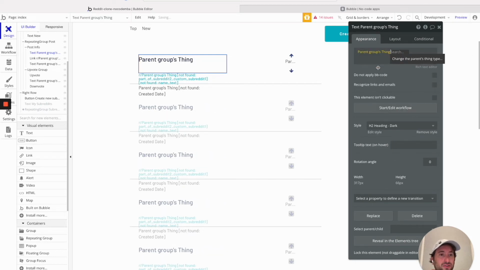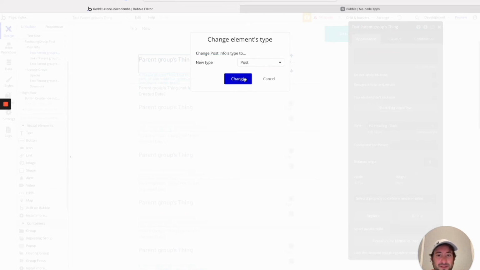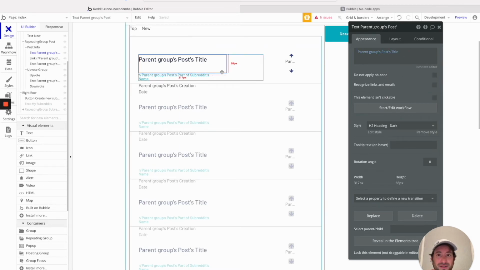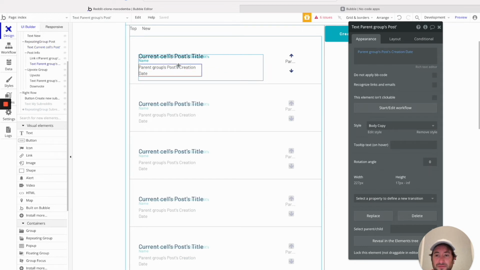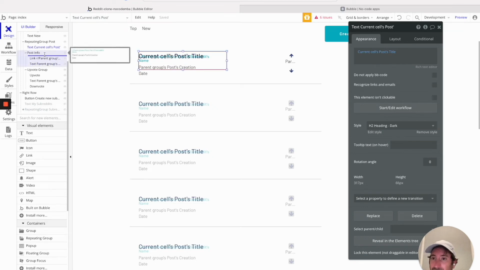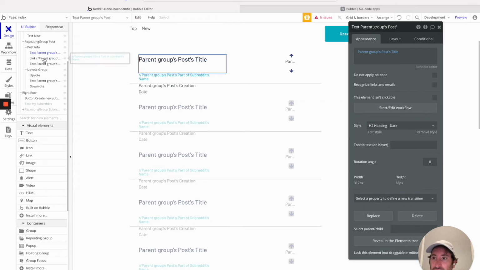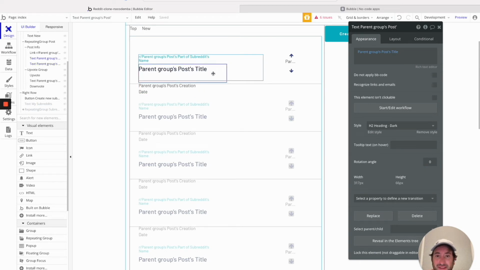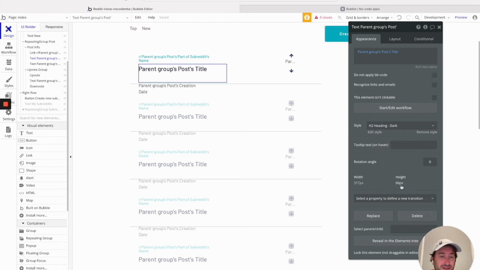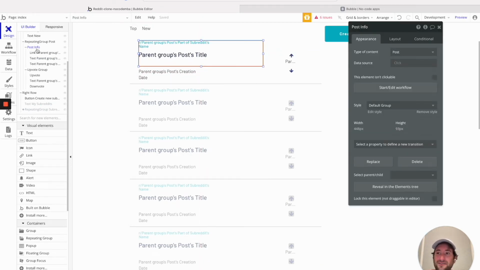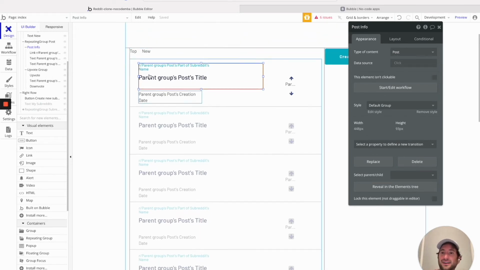parents, we want to say parent group's thing, and the type is the post, and change that. The post's title, parent group's post title, parent group's post creation date. Take that in, parent group's post title, the link, let's put above it, and then the creation date. Okay, awesome. And the title, let's just leave that there for now. And then the post info, I'm just going to pull that up. Okay. So as you can see, it's a little bit tedious, but once you get it set up, it'll be